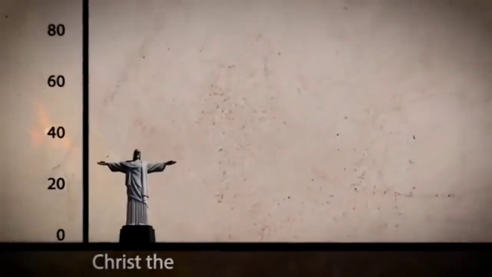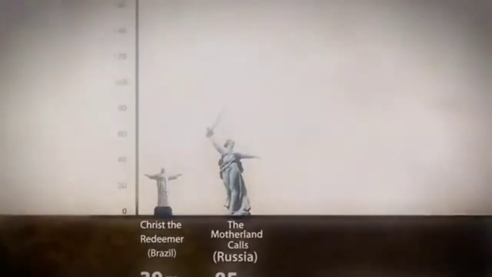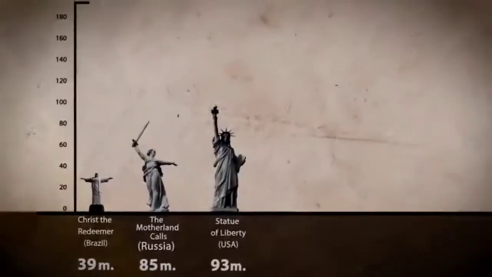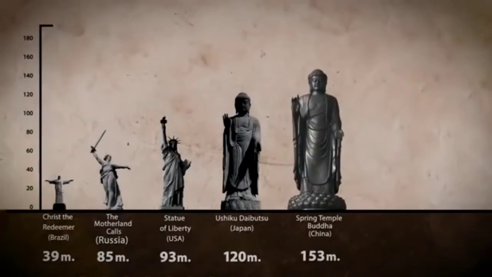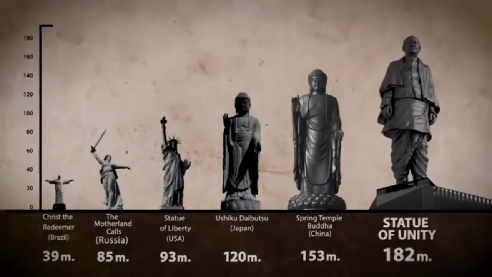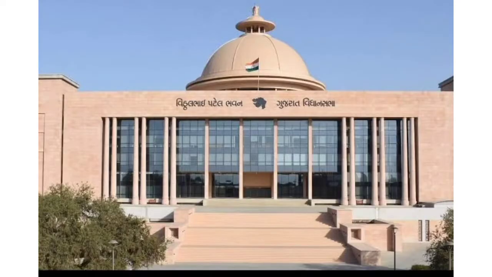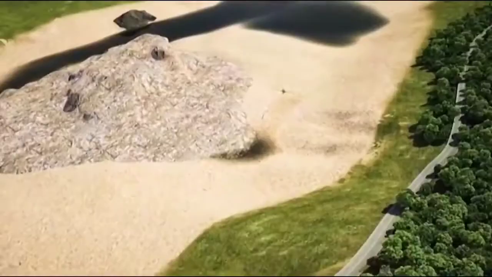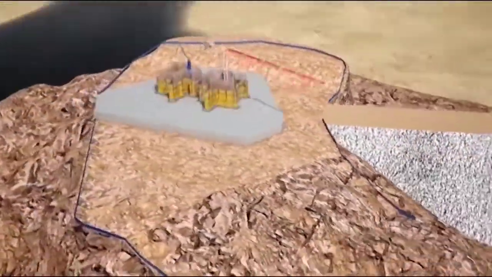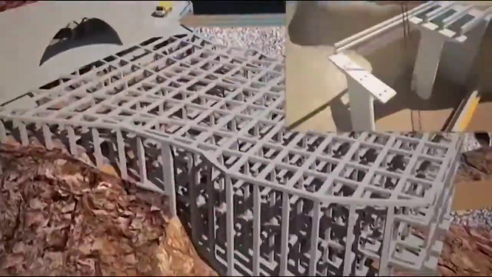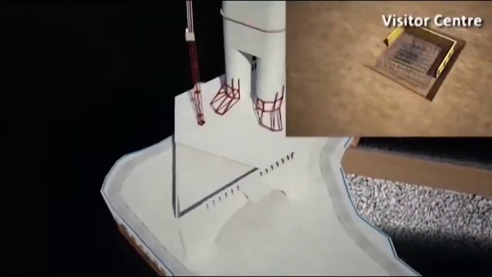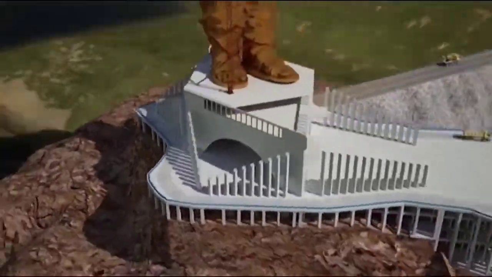The total height of the structure is 240 meters, with a base of 58 meters, and the statue measuring 182 meters. The height of 182 meters was specifically chosen to match the number of seats in the Gujarat Legislative Assembly. It has been designed to withstand winds of velocity of 60 meters per second, and is also claimed to be earthquake resistant. A total of 22,500 tons of cement forms the core structure of this monument.